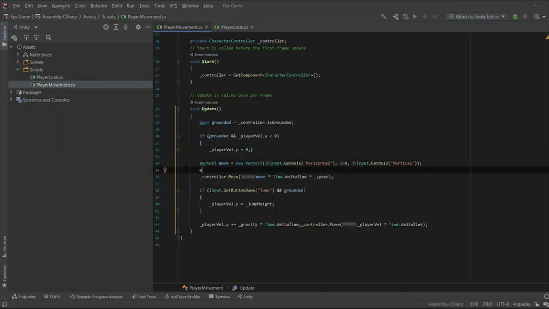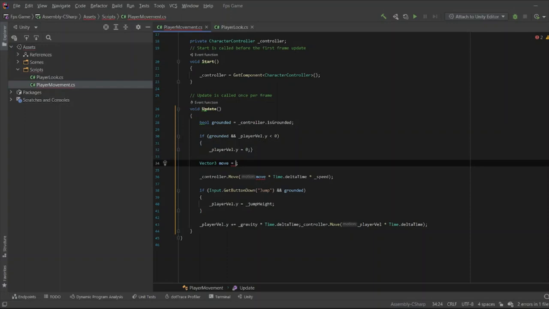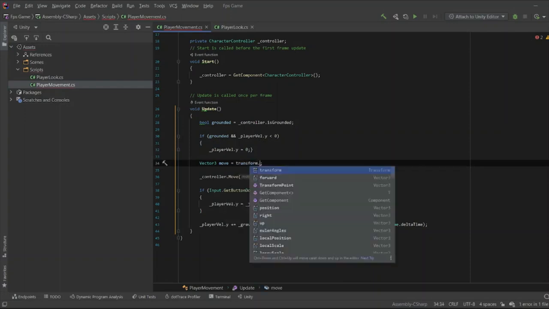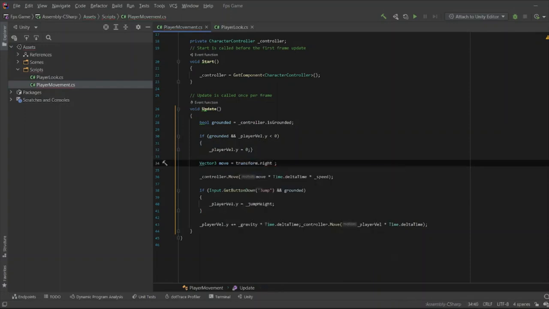Instead of creating a new Vector3 just with our horizontal and vertical, what we're gonna do is say our Vector3 move is going to be the transform.right direction,